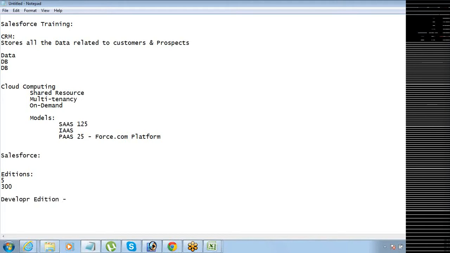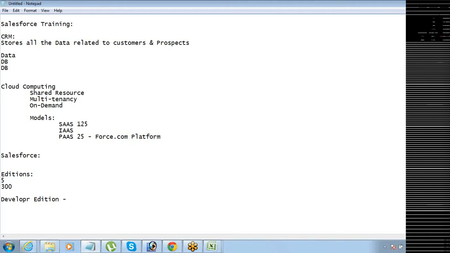It's basically meant for people like you to learn it. For learning purposes, we can use Developer Edition. And because there is no price attached to it, they have not mentioned any pricing on the pricing chart.